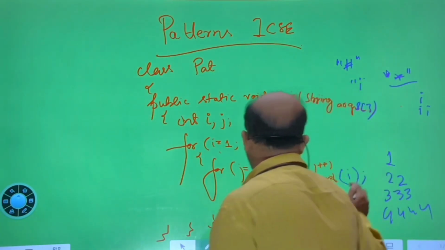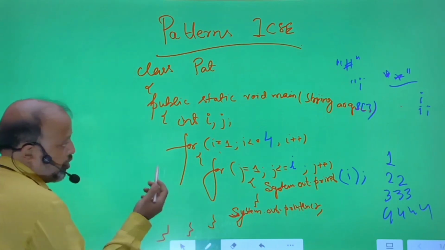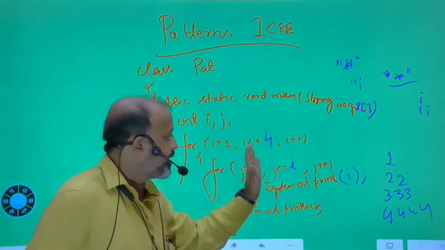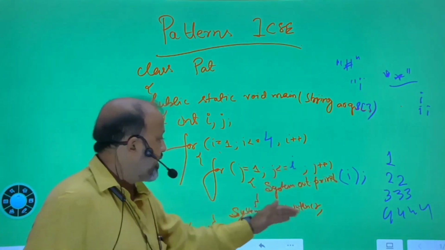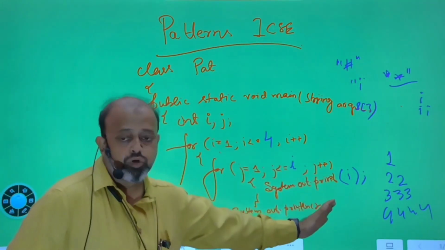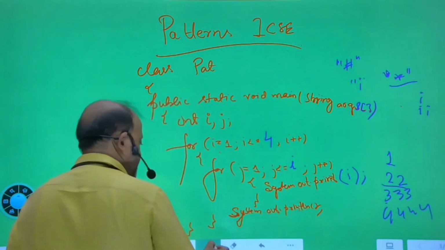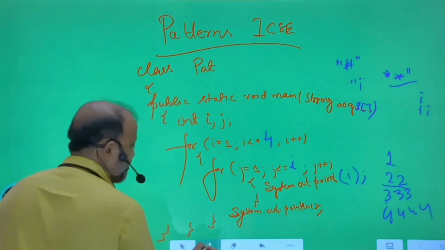Same thing. If this is clear, once again repeating, I is 1, the J loop runs once, 1 is printed, line change, I becomes 2, it runs 2 times, right? You will get twice 2, then thrice 3. Same thing, instead of